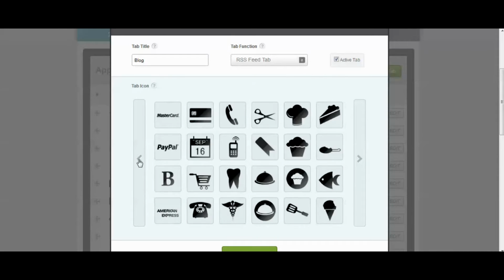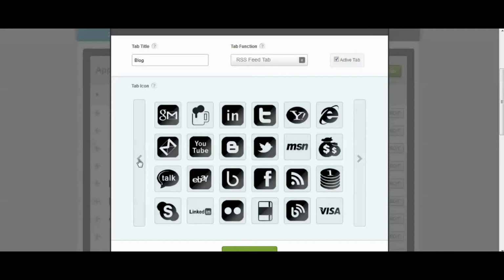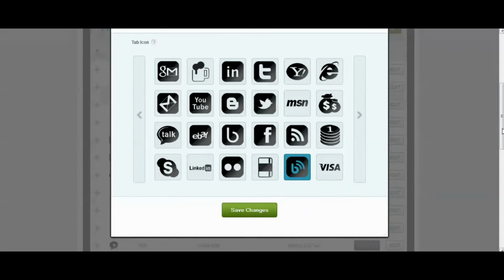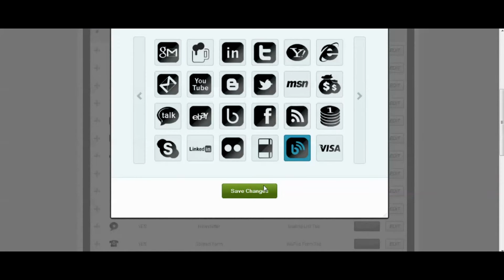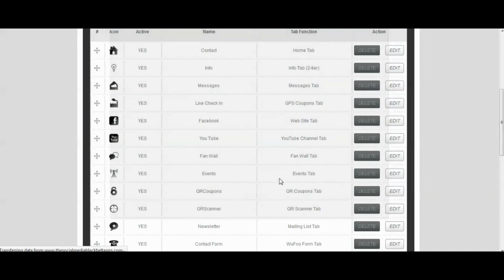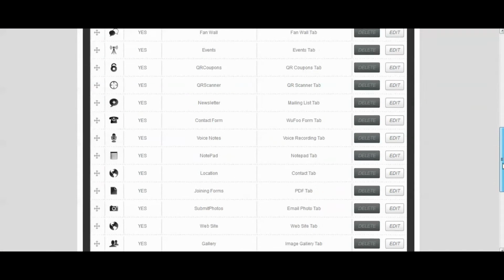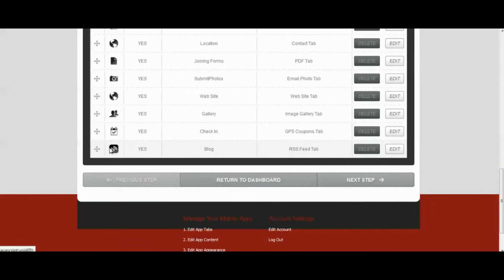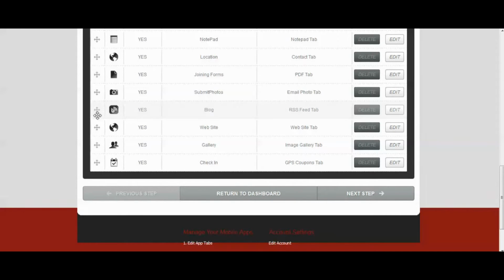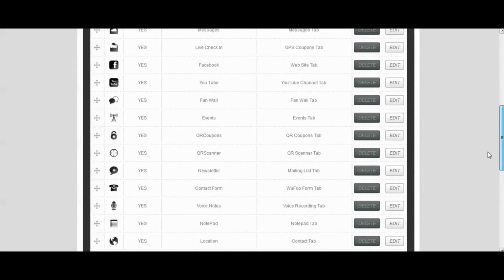It looks like I've gone too fast, that's fine. There we go, so blog. And then if I click down here, save changes, it will save that particular feature, and it will automatically put it at the bottom of the menu bar. I can scroll it up and change the position of it within the app. So if I want to move it down here, for example. Okay, now